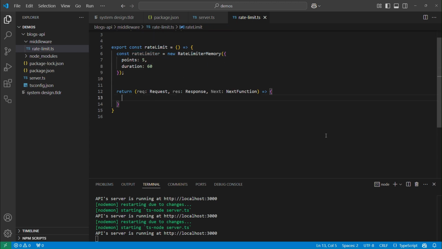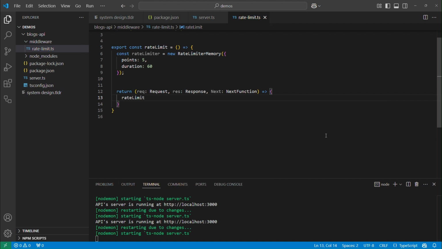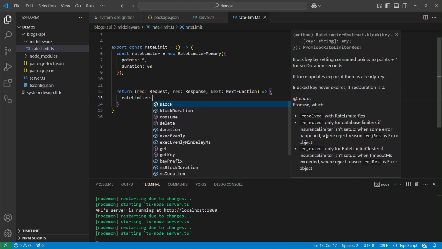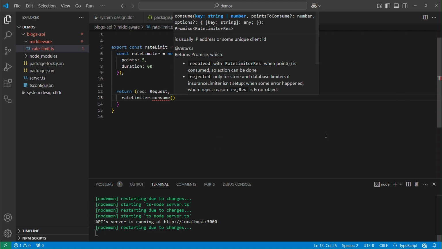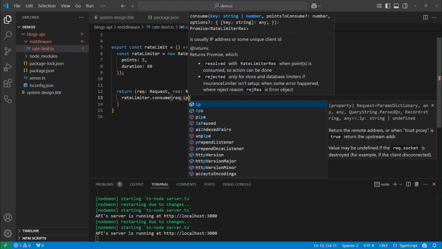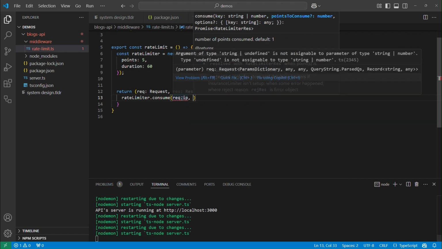Now what we need to do is rateLimiter.consume, and here we need to provide the key. Usually this is the IP address or maybe your API key or something from the request. That is something you can define here. Okay, cool. So we can say request.ip, and then